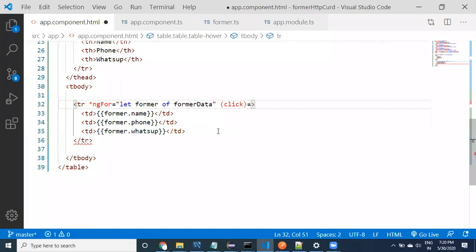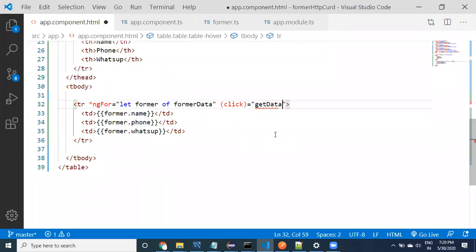Previously we applied event binding for buttons, but now we are applying event binding for TR. Remember that you can apply event binding for TR, spans, or divs. You can apply it for anything.